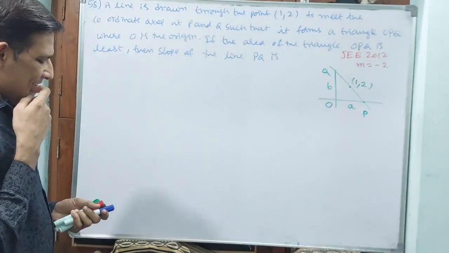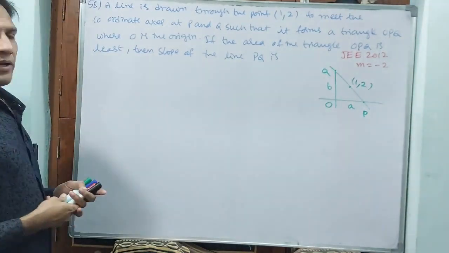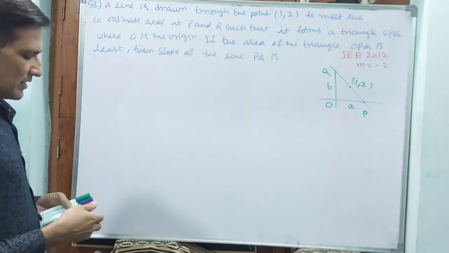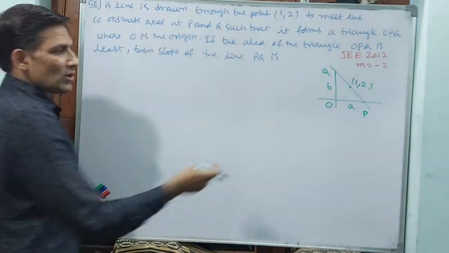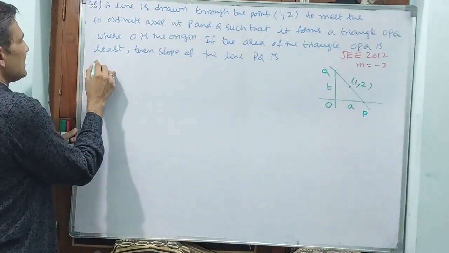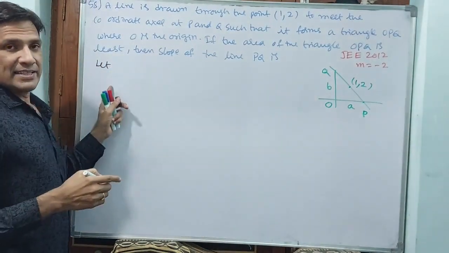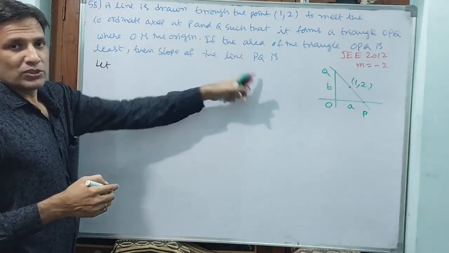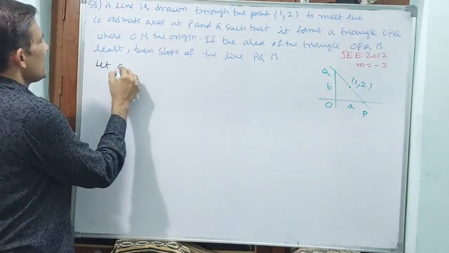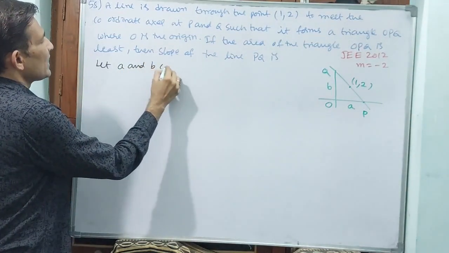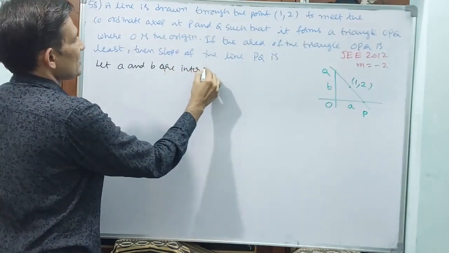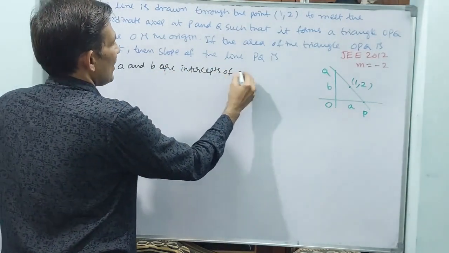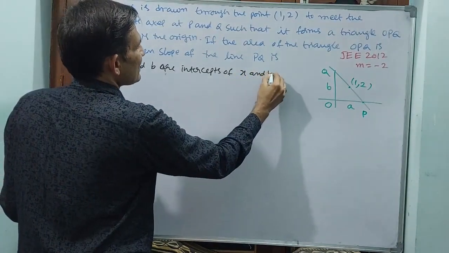Okay. Now let us find. Okay. See, this we have already taken, I left it. I am writing once again. Actually, see, for your understanding sake, I am writing. This is a JEE or MZ question. Steps are not required. Let A and B be the intercepts of the x and y axes respectively.